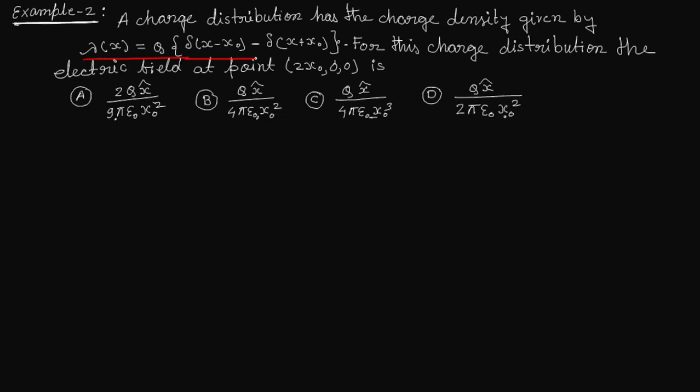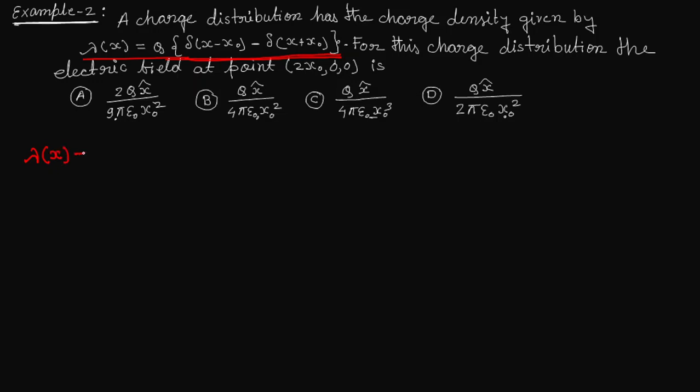this is some kind of charge distribution, linear charge distribution. And now what has been asked, for this charge distribution, the electric field at point x naught, 0, 0 is. Okay. So we have some linear charge distribution, and because of that we have to calculate what will be the electric field at point x naught. Okay. So before calculating the electric field, just take a look at the